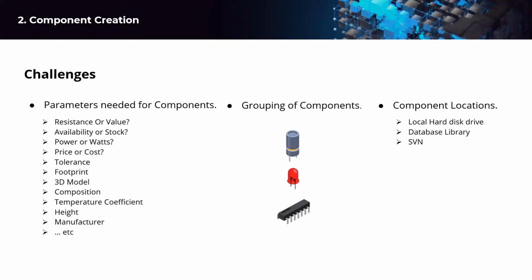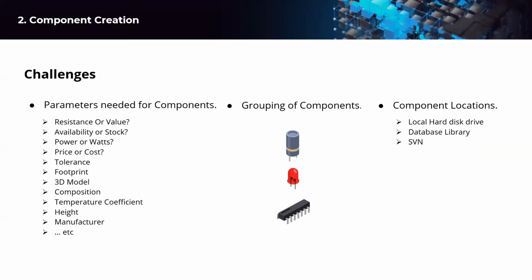So the designer will be creating his own components, the symbol and the footprint, on his local PC, and he saves them in his local drive. When you share the file with his colleague, he may edit the components. When they edit it, automatically there will be differences between one component and the other, so we don't know the revisions. There will be differences in the components and we don't know which is the correct one. So we need a centralized location and to manage the components under one revision.